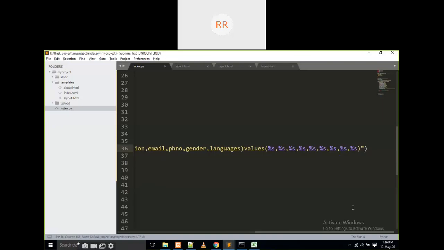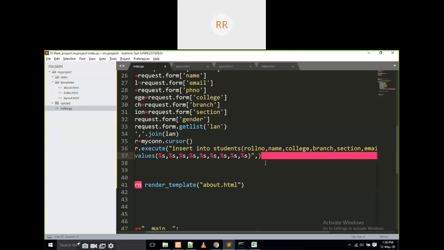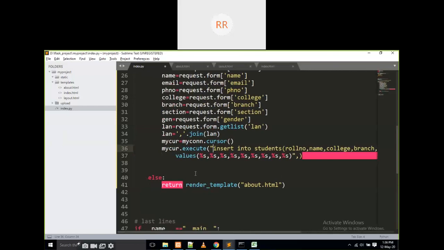Okay, after the double quotes a comma. I'm going to display it in 2 lines, but you have to write it in a single line. For multiple lines, I can write it like this with triple quotes, no problem for that. Okay, using double quotes, I am going for the triple quotes.